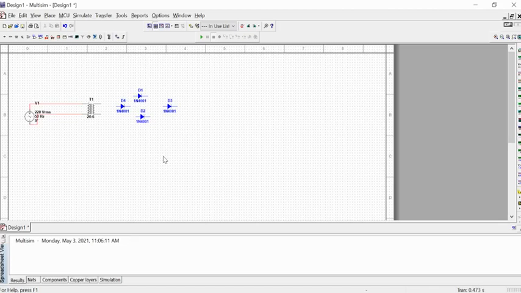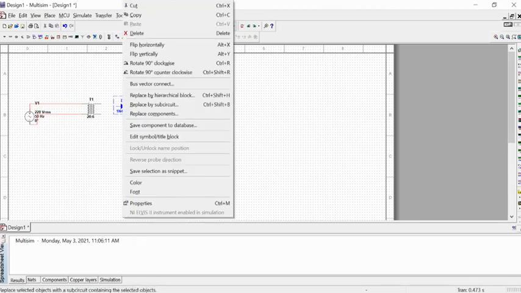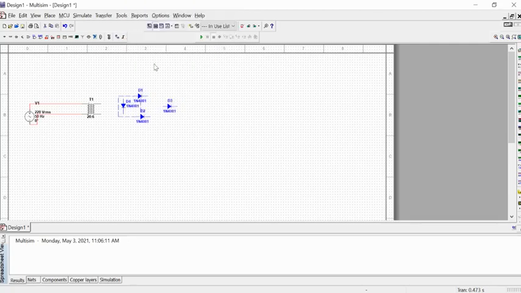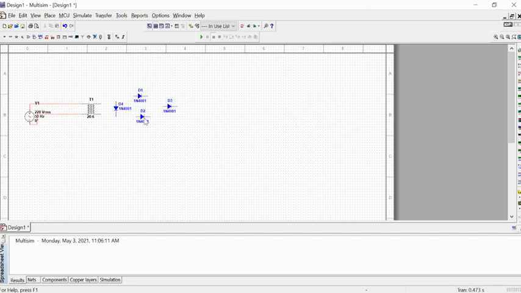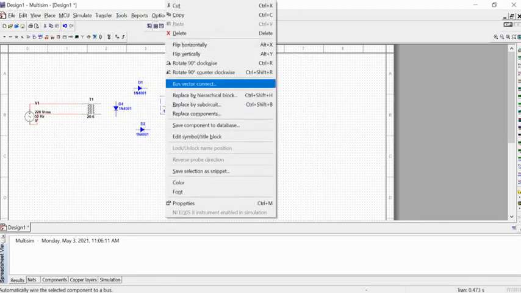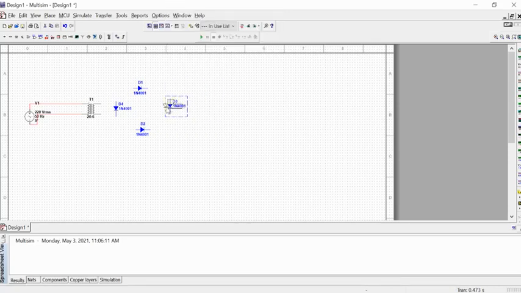If you want to rotate any component, you just need to click on it and then click the right button, and then you can see the options. Here you can flip the component vertically or horizontally, or you can rotate the component by 90 degrees clockwise. So I'm rotating it by 90 degrees clockwise, as you can see here. If you want to make it 180 degrees, you can press on it again and rotate it by another 90 degrees, so there will be no problem. Now I want to rotate this one as well, so I'm right clicking on it and rotating it clockwise 90 degrees.